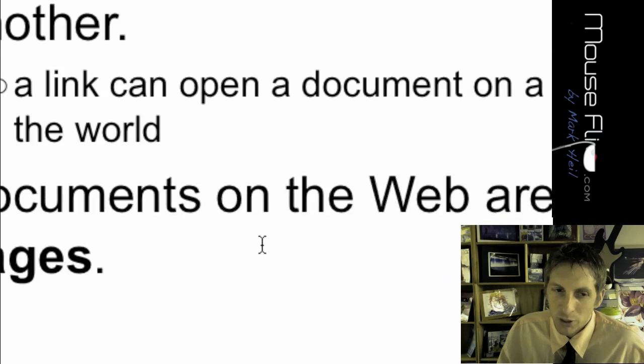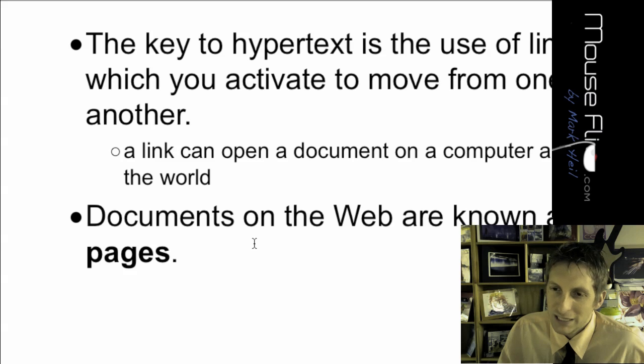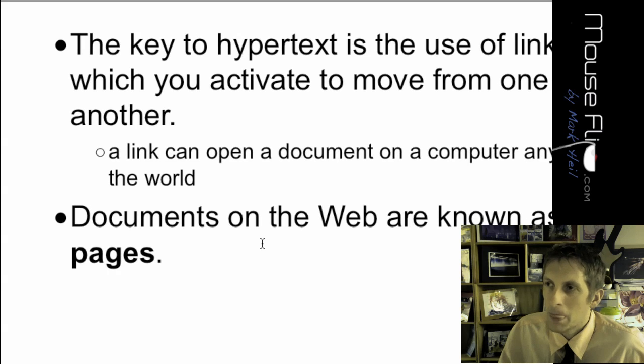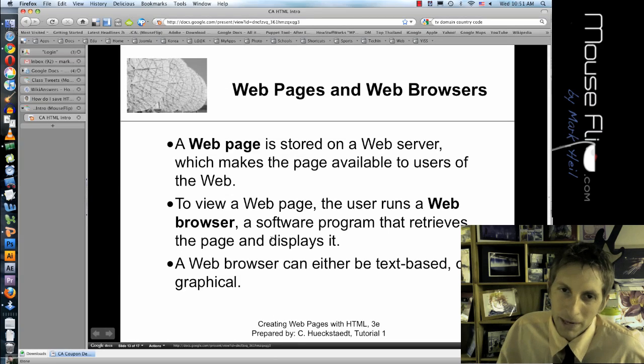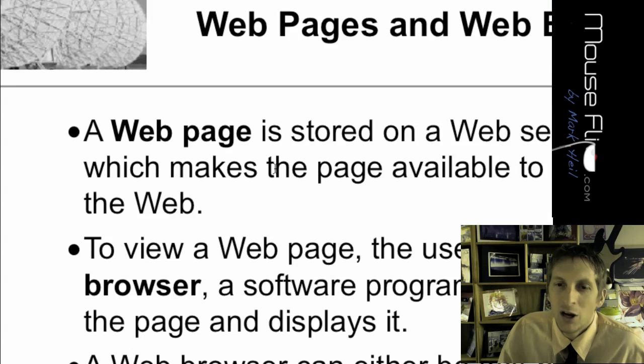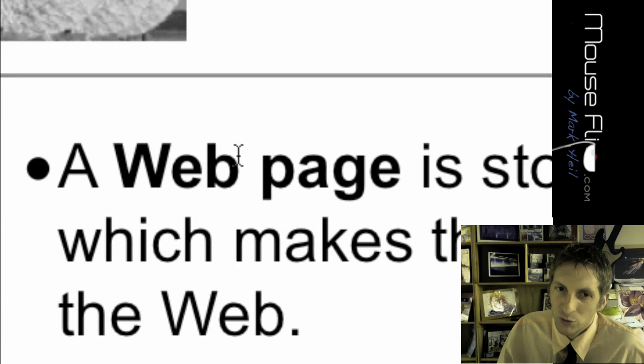Documents on the web are known as web pages. Okay, and what is a group of web pages on the internet called? A website. Yeah, website. So that's the difference between a web page and a website. Okay, how do you view a web page? Through a server. Servers are what they're stored on, but you view it through a